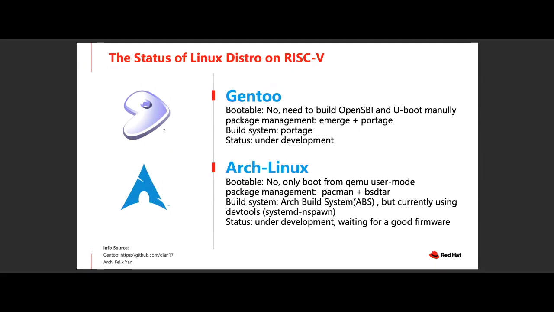Maybe not too many people know Arch already runs on RISC-V, but right now, because we don't have good firmware, this distribution can only run from QEMU user mode. I will introduce it later. So these are two very important distributions, and we're happy to see that. Next slide, please.